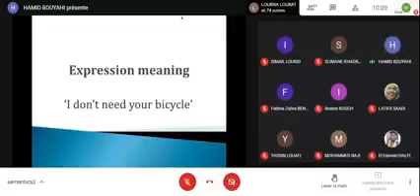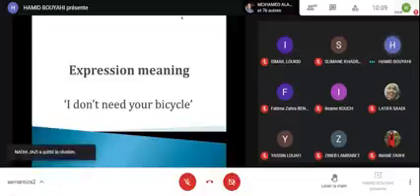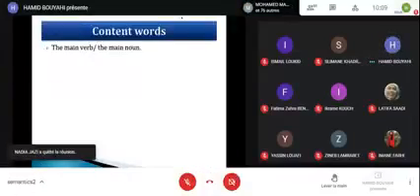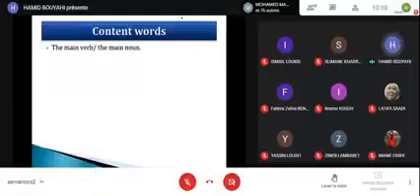So we'll make sure that we are on the same page. A bicycle means something independently, and need means something independently. But when we say don't, it negates something, so it cannot really function independently. So that's the difference between content words and grammatical words or functional words. So we have only need and bicycle, and we will see other words. So we have the main verb and the main noun in this context.